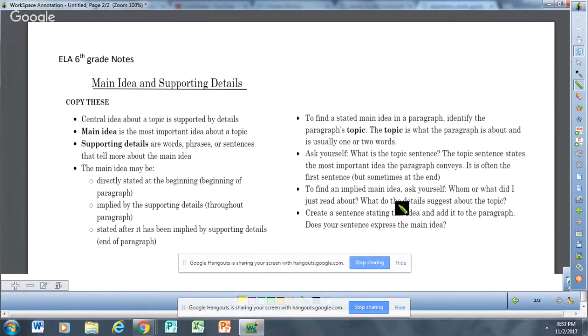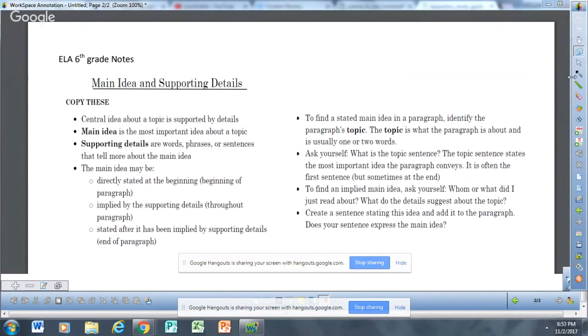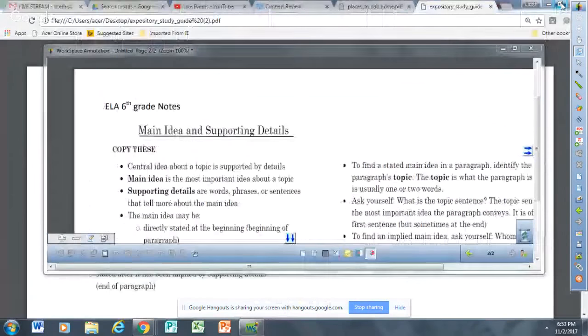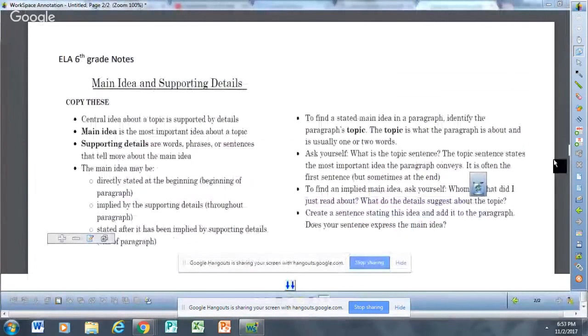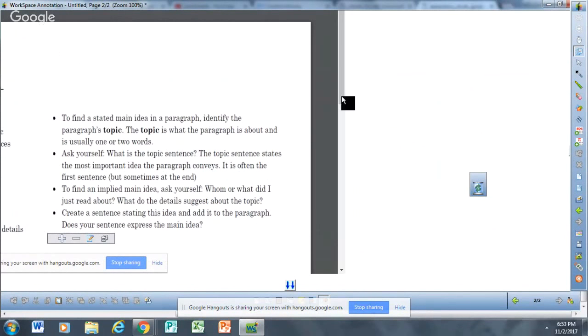And let's see. Oh, looks like it froze a little bit. Don't know what that